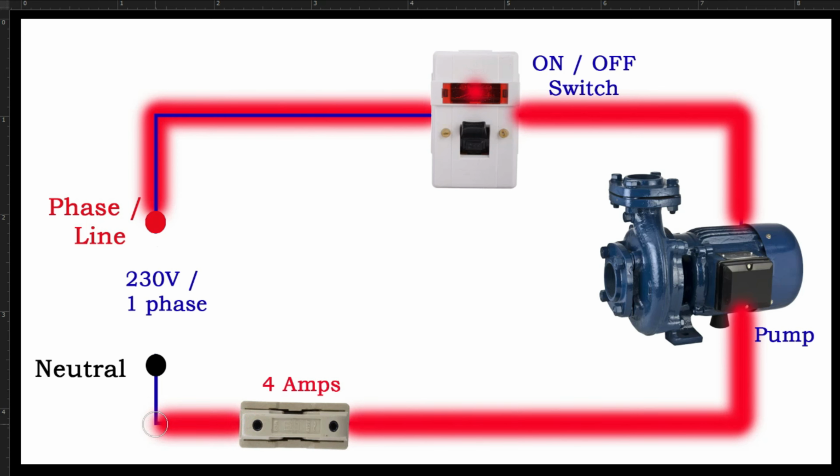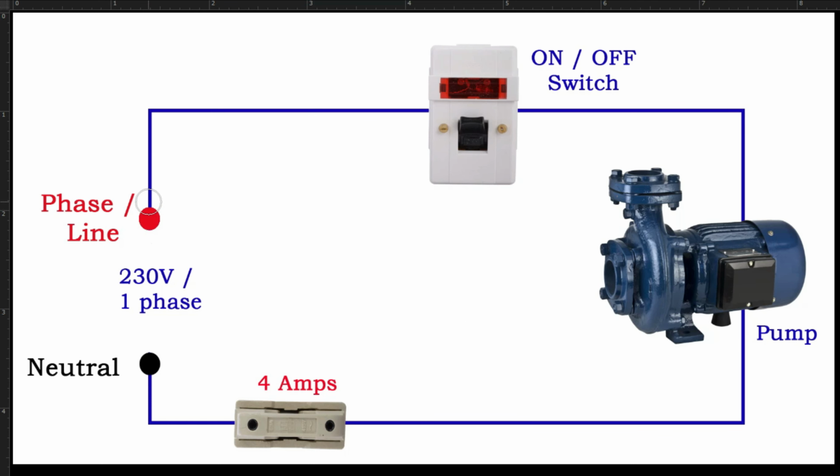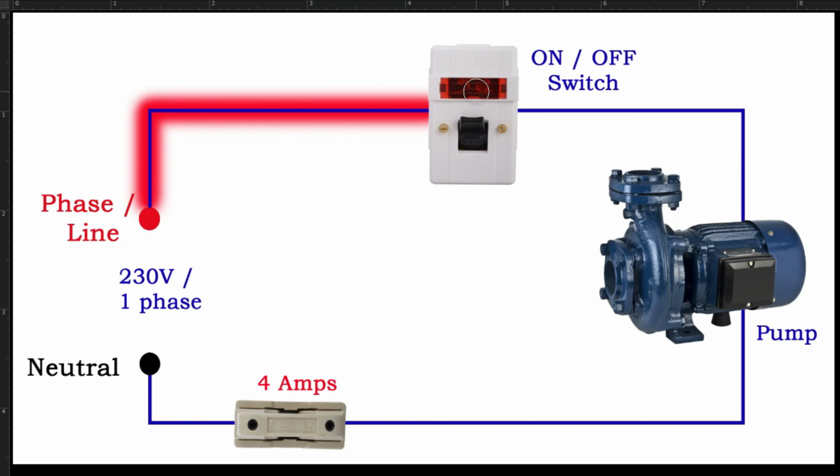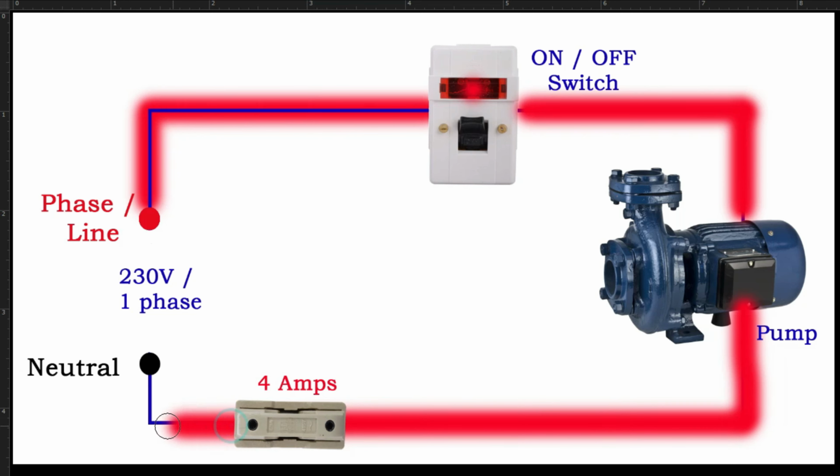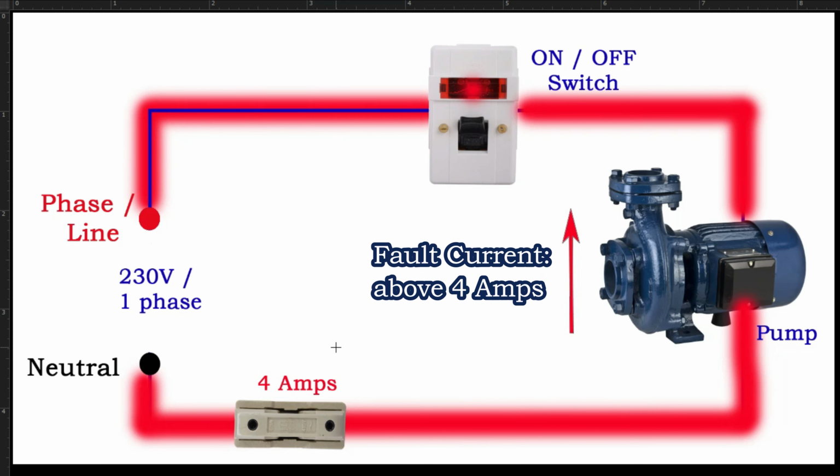When a fault occurs in the load, it increases the amount of current taken by the load. At this moment, the current starts increasing. When the current crosses 4 ampere, the fuse connected in the neutral path will blow from the circuit. So the load will get an absence of neutral supply.